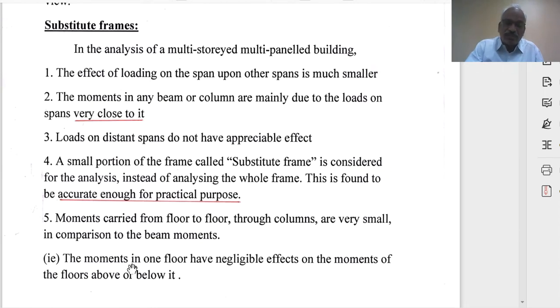That is, the moments in one floor have negligible effects on the moments of the floors above or below. Loads will be transferred from top to bottom. So the 100th floor will transmit the load to the 99th floor, the 99th will transfer the load to the 98th floor. That is there, but coming to moments,